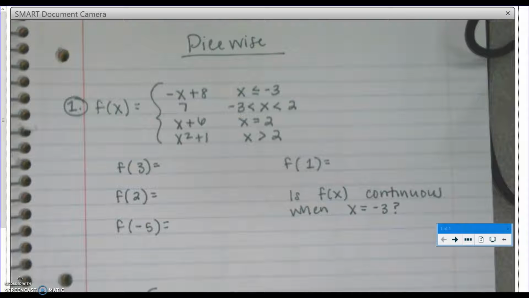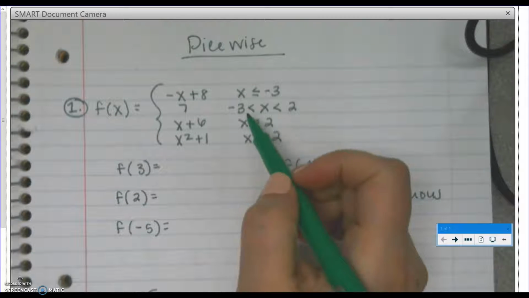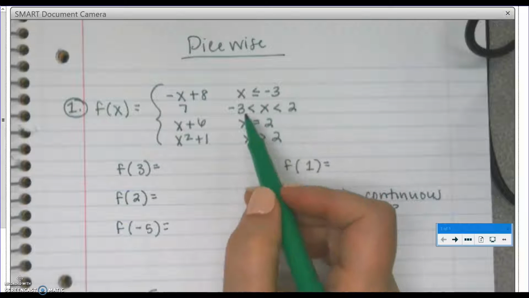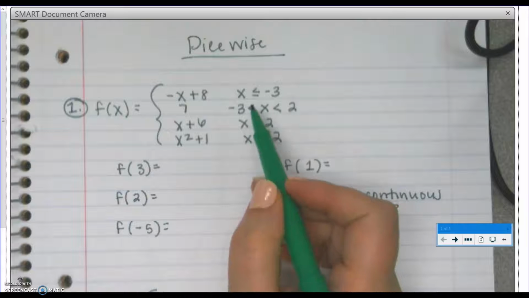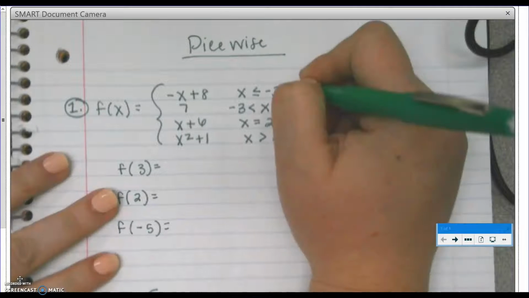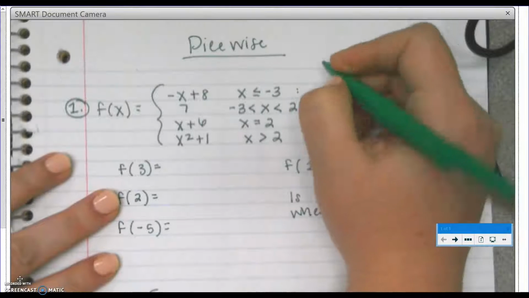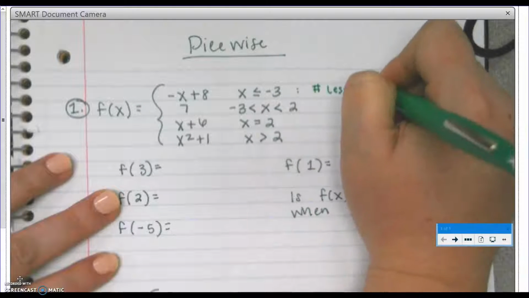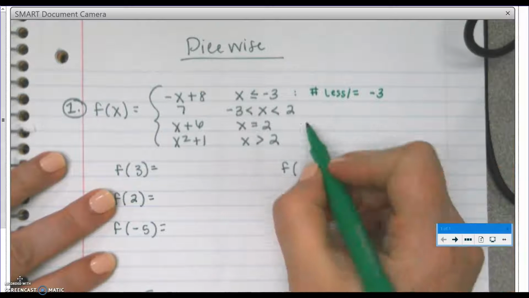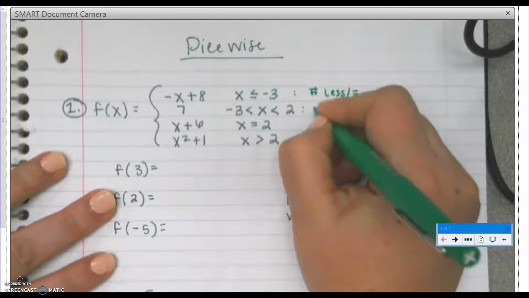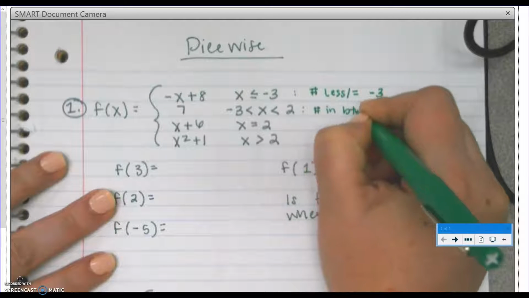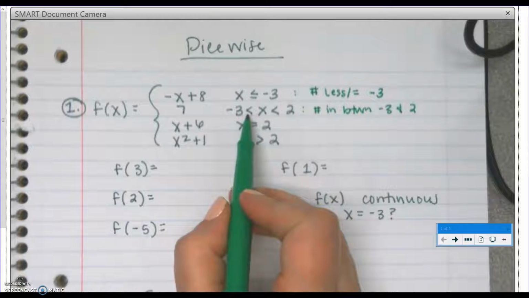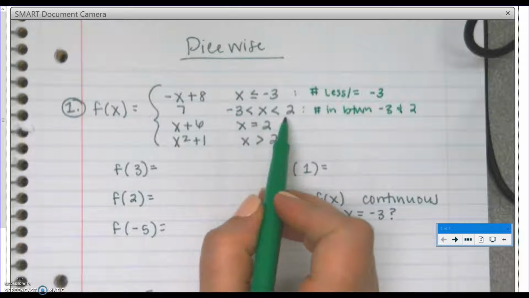So when you have an equation, the first thing that you should look at before you decide how you're going to plug the number in is you have to take a look at the inequalities. So it helps to put the inequalities into words. So I know this inequality means the numbers less than or equal to -3. This means numbers in between -3 and 2. And I'm also paying attention to the fact that these are both less than signs, which means